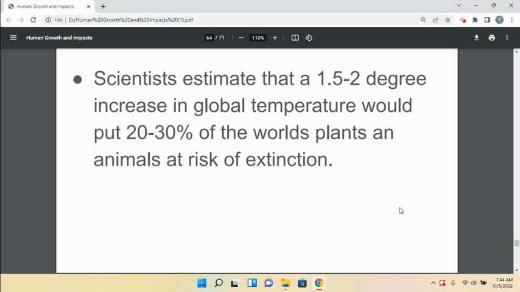So again, when scientists talk about global temperatures increasing 1 degree Celsius, that's a pretty important thing to listen to. It doesn't seem like a big temperature change, but there are whole groups of organisms that can't tolerate that. And another half a degree could reach a tipping point that there's no return from. So again, we've got to watch these things. We've got to keep doing the things we're doing because the technology is what raises our carrying capacity and we can't just stop. We just have to find ways of doing it better.